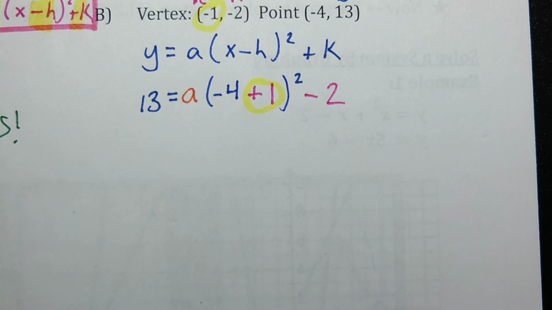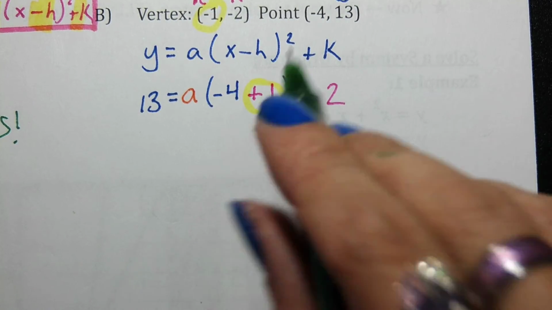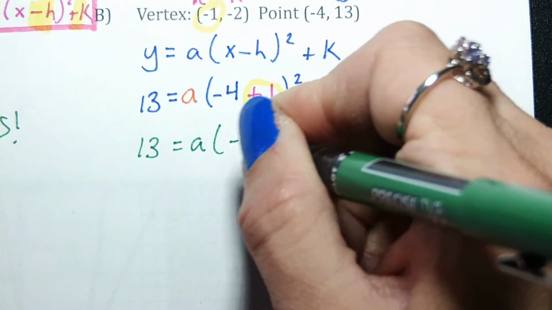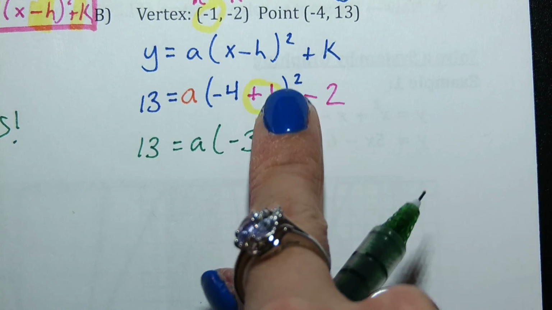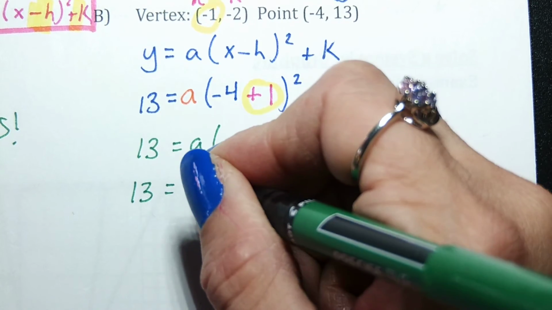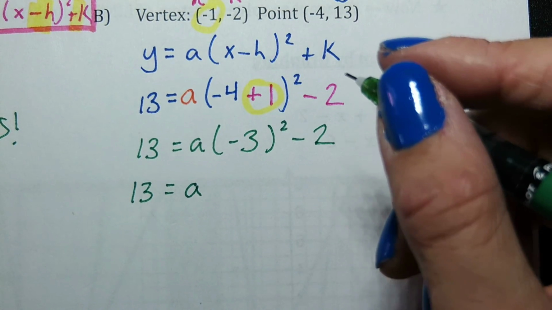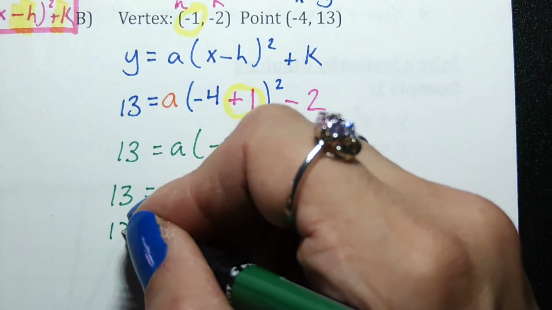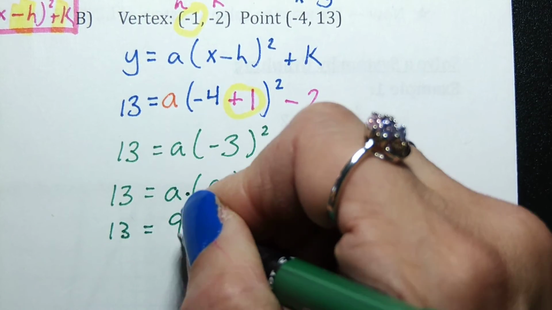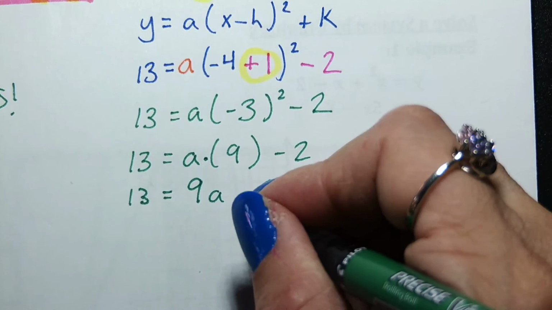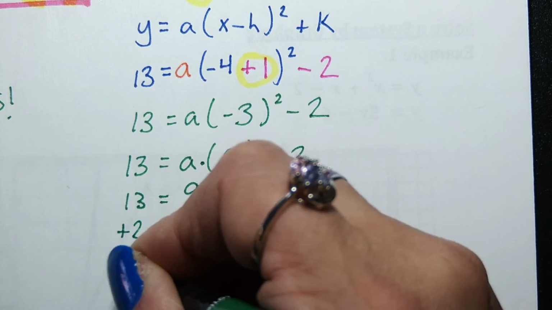And now it's PEMDAS time to try to solve for our a value. So we start inside the parentheses first. -4 plus 1 is -3. Sometimes students will forget that power of 2, both with writing the vertex form and when they start simplifying. So 13 equals, what's -3 squared? Handling the exponent next. 9. So then I'm going to take a times 9, multiplication next, 9a minus 2. To isolate the a, we're going to first need to add that 2 over to the other side. So 15,